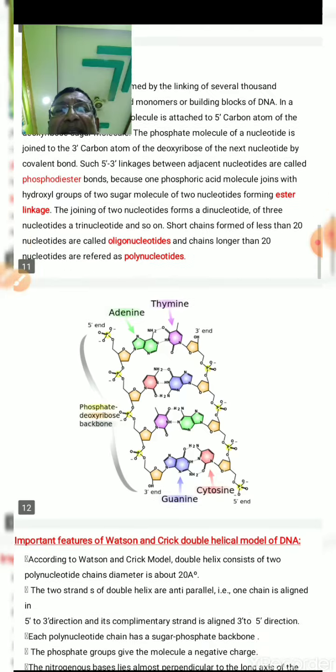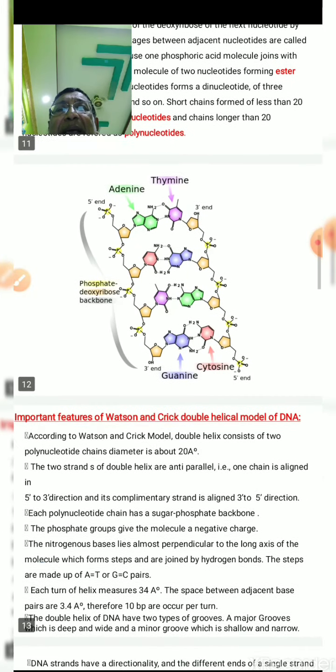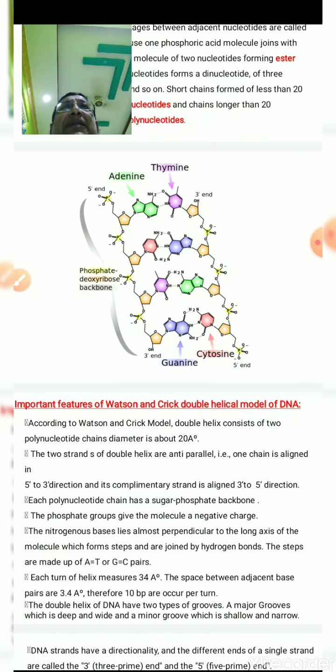In my next slide, I have given the different structures of the polynucleotide chains. You see, this structure very nicely shows the polynucleotide chains. One chain having adenine, the complementary chain will have thymine, and at the ending, guanine will be attached to cytosine. So A always pairs with T and G always pairs with C. In between AT there is a double hydrogen bond, and in between GC there is a triple hydrogen bond.